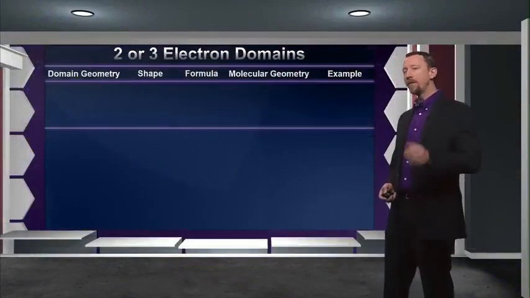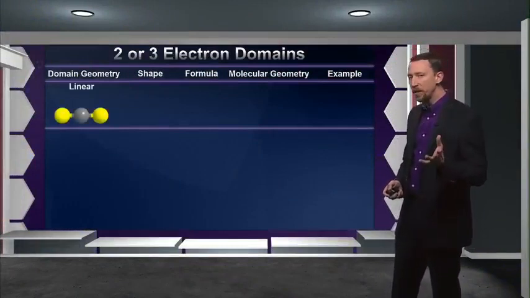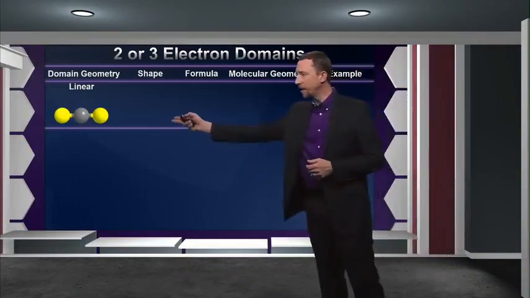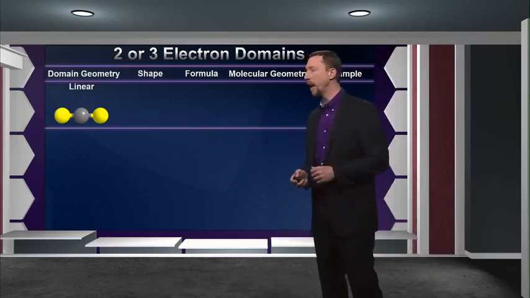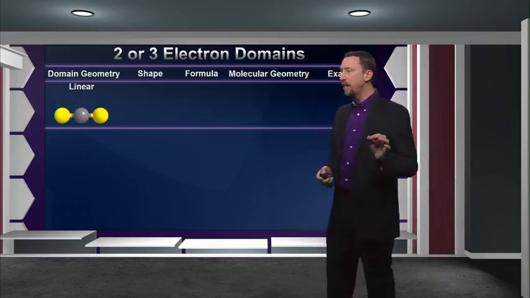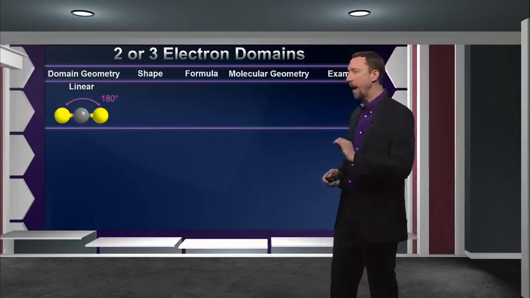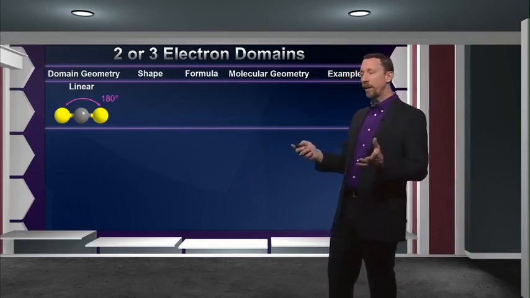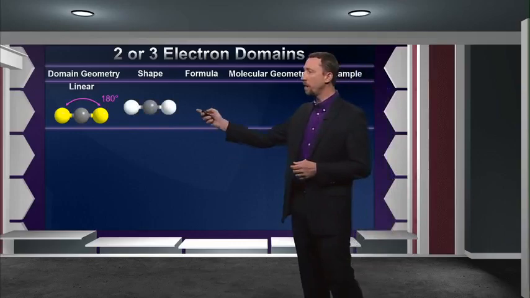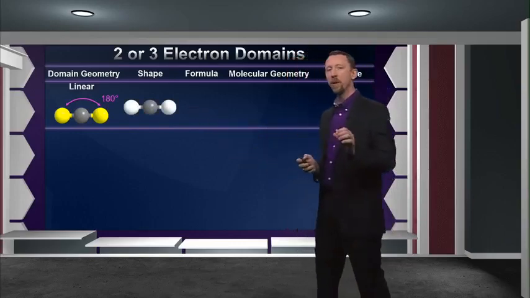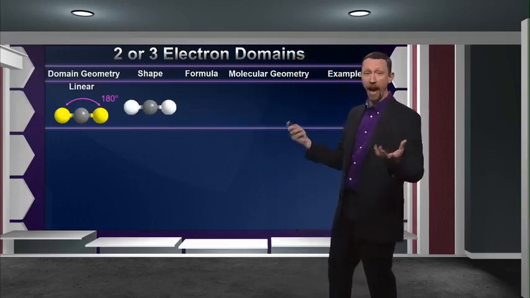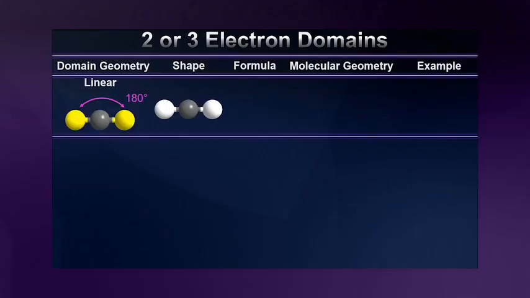Now, when we have 2 electron domains, there's really only one potential arrangement, and of course that's linear, which I've shown here, where the 2 domains are at opposition. This leads to only one type of potential molecule as well, in which the shape has the electron domains 180 degrees apart from one another. So this is the way the molecule would look if both of those bonded atoms are actually atoms and not just lone pair electrons. This leads to a generic formula of